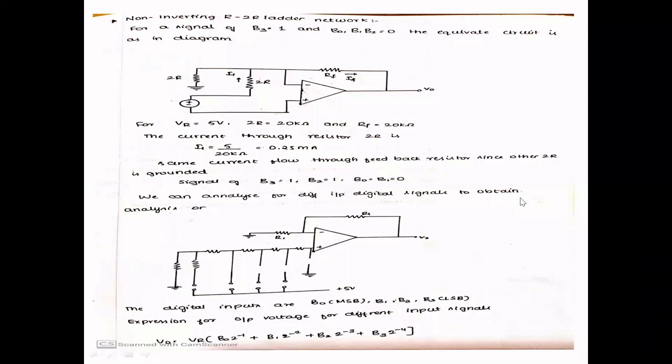Okay, this is your inverting R2R ladder network. The next topic we have to discuss is the non-inverting R2R ladder network, wherein the R2R ladder network input would be given to the non-inverting terminal of your op amp. Similarly, the analysis which we did for the previous inverting R2R ladder network, the same analysis for the same binary inputs you have to do for this as well, and you would obtain your output voltage.